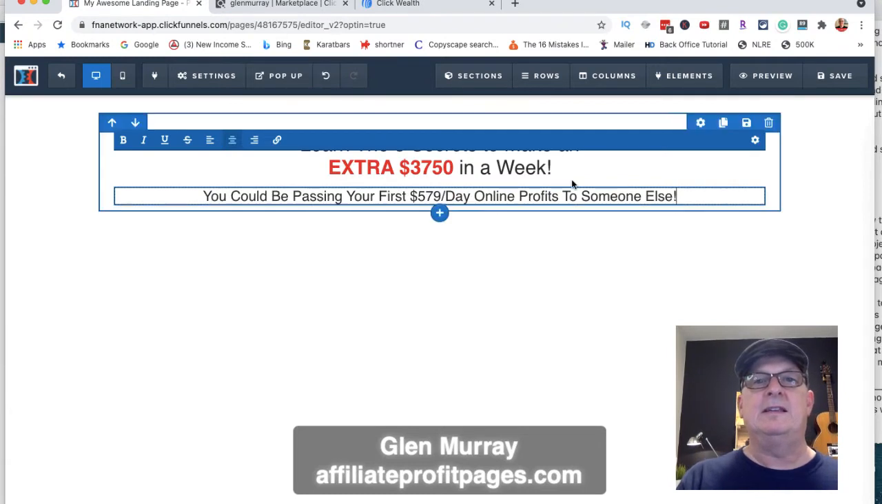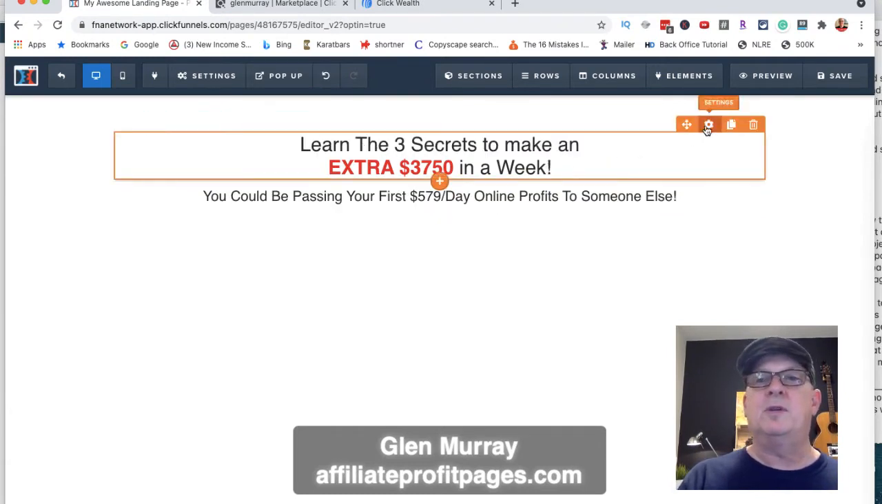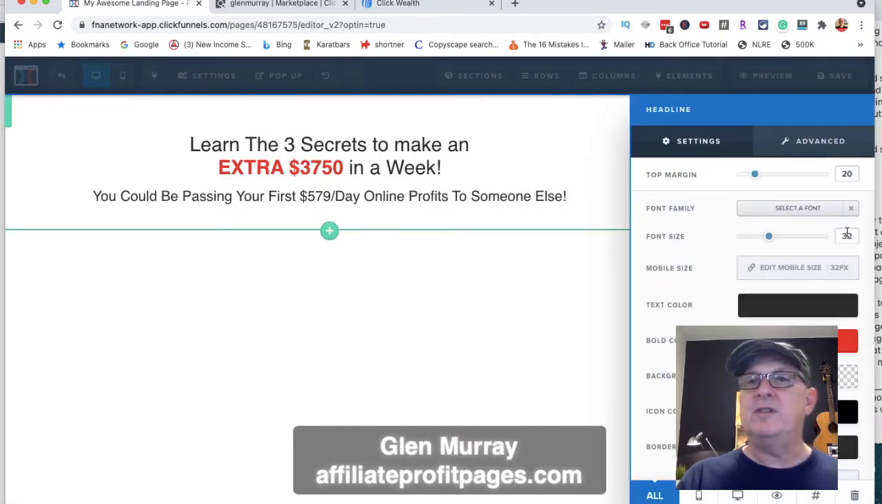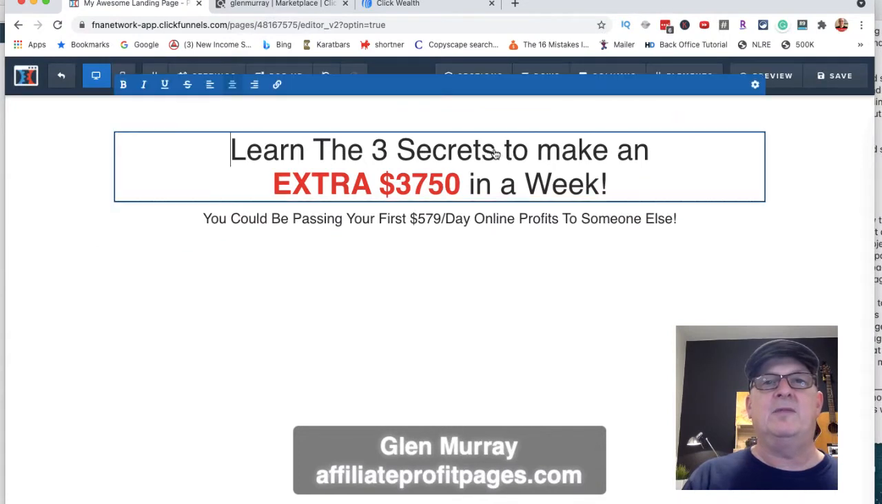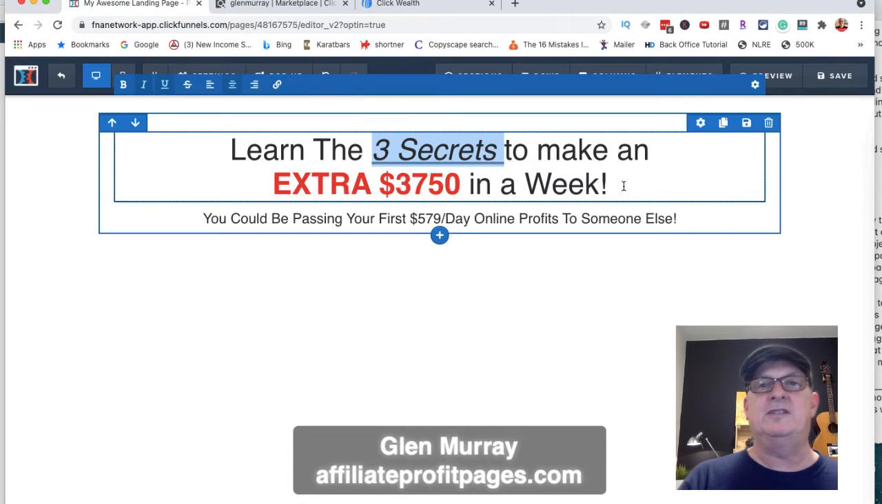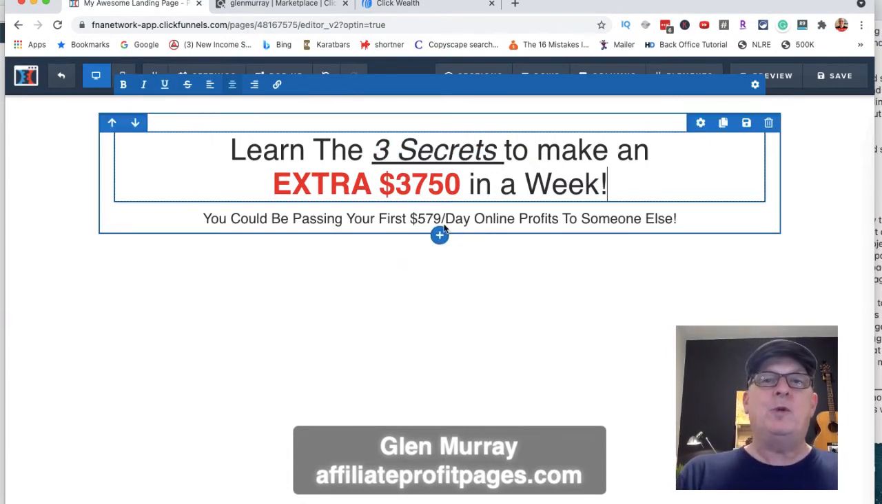Like that. And this one we were going to make, what was the font? 48. There we go. And we put a little underline and slant on those. Learn the 3 secrets to make an extra 3. Perfect, right? So now what we need to do is add some